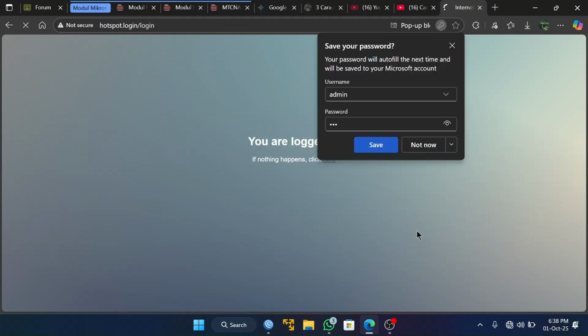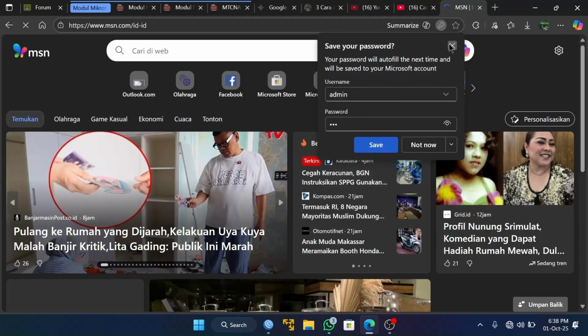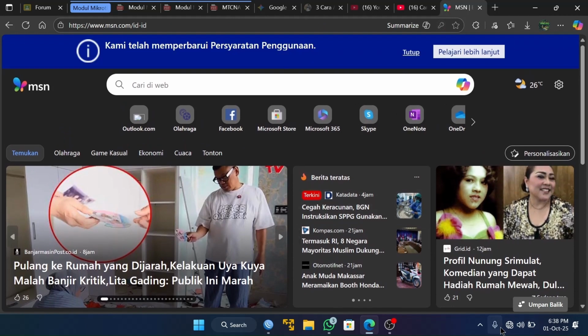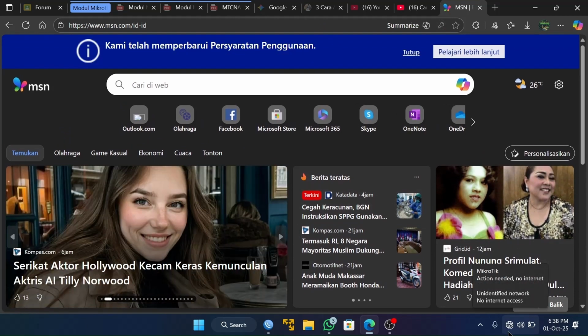Then click connect. Okay, you are logged in. Now you can see this logo changed to Wi-Fi, which means this computer is connected to internet.